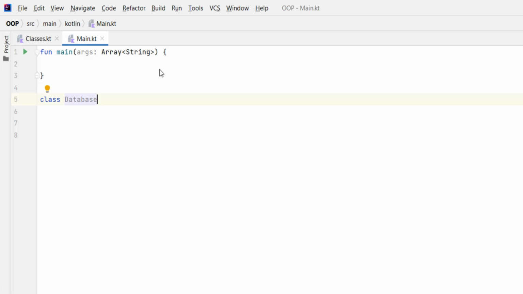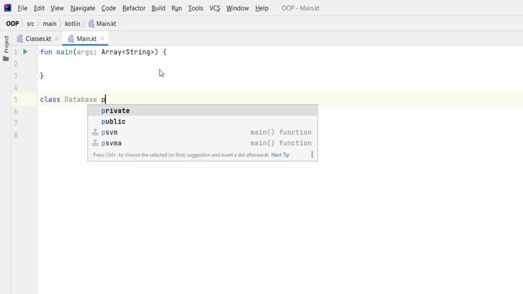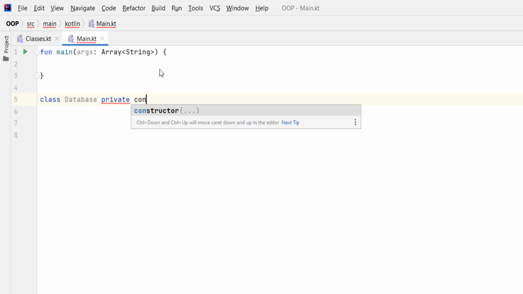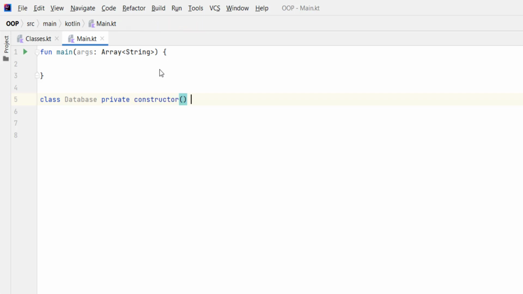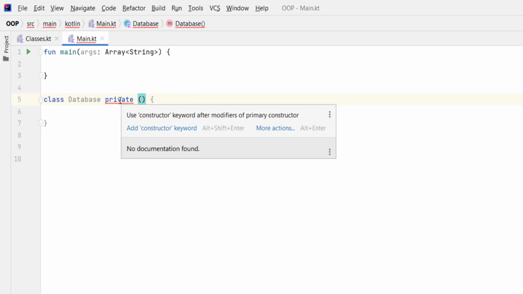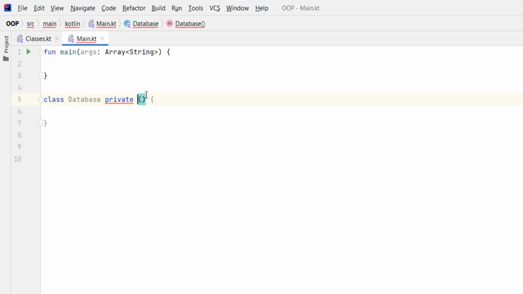And to restrict the creation of instances of this database class, we need to make the constructor private. So we type private, and when you use an access modifier with the primary constructor, you need to use the constructor keyword. Otherwise you'll have an error. So if I delete the constructor keyword here, I have an error which says use constructor keyword after modifiers of primary constructors. So we put constructor,